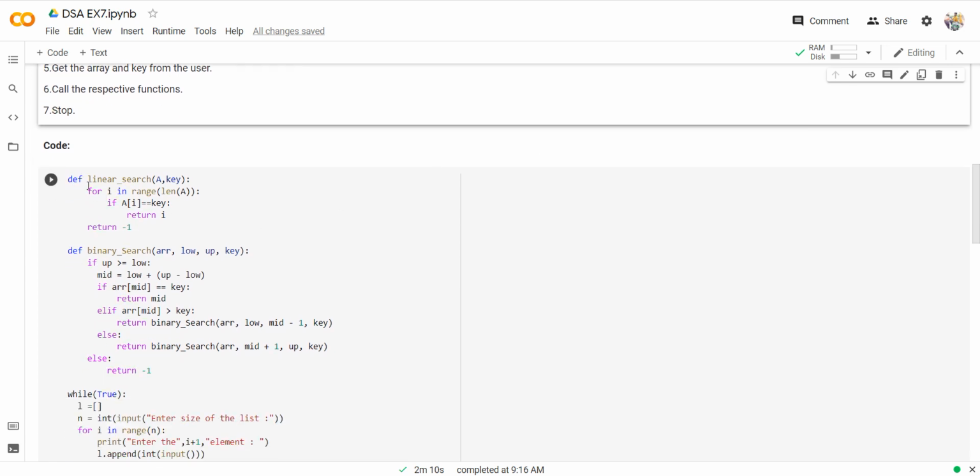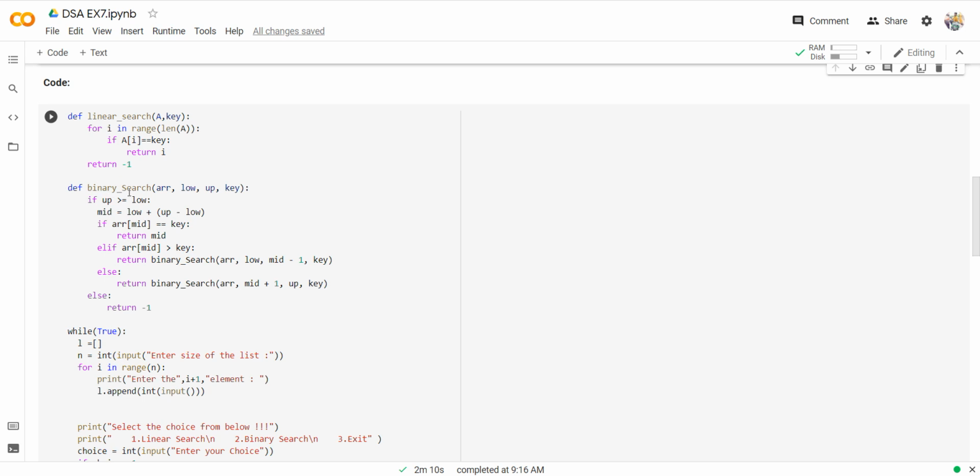We are creating a function def linear search, taking parameters a and key, using a for loop which iterates throughout the length of a. If a of i equals key, meaning it finds the element, it returns it, or else it returns -1. In the case of binary search, we are giving the parameters arr, low, up, and key,